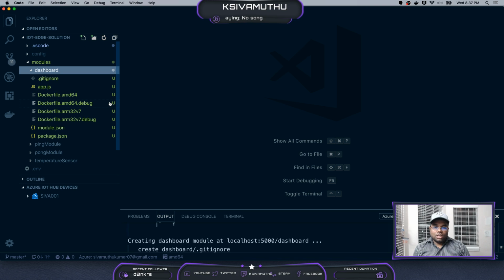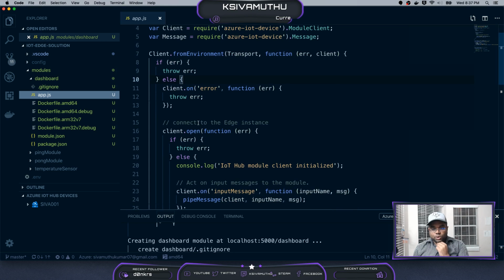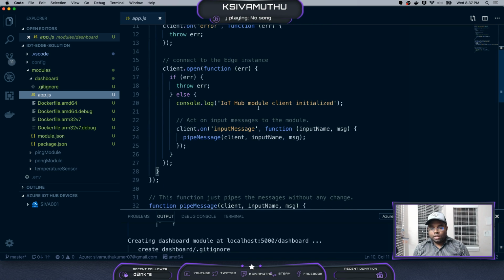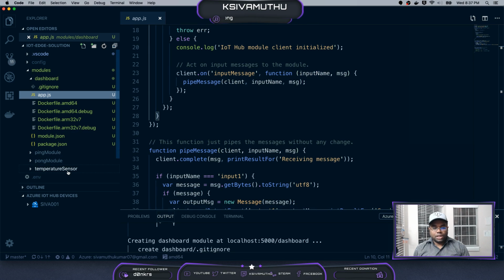So if you see this dashboard, we need some client application also running here. So I'm just thinking like this app.js would be taking care of connecting to the different modules, including the temperature sensor module. We are sending the data from the temperature sensor. So I'm trying to build a dashboard application here. So for that,